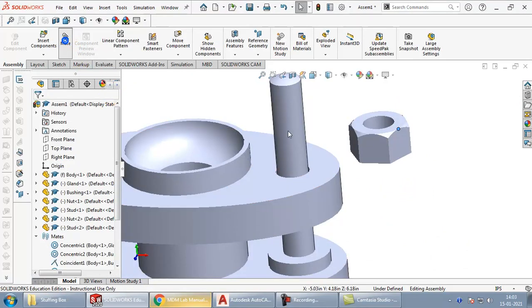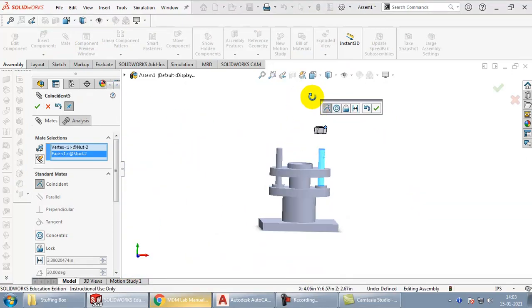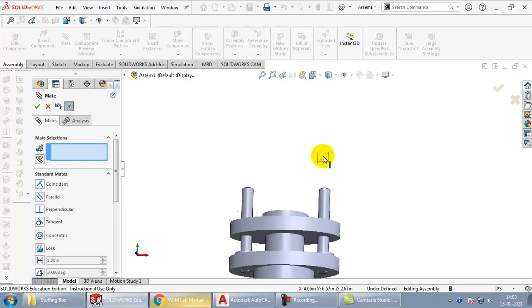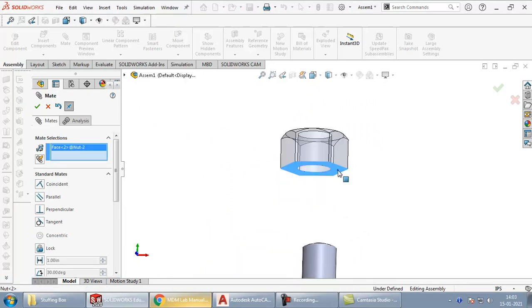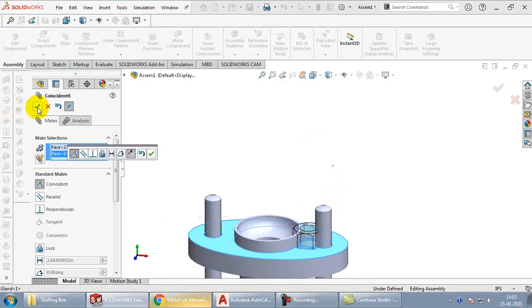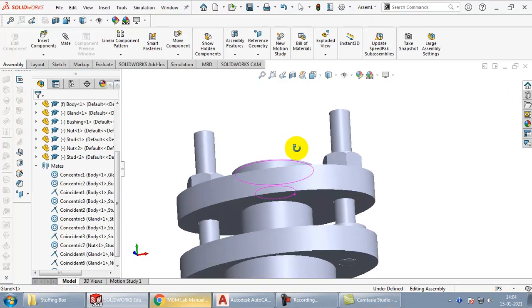So mate the cylinder. Click OK. This face, I put this one. Click OK. Once everything is assembled, it will look somewhat like this.